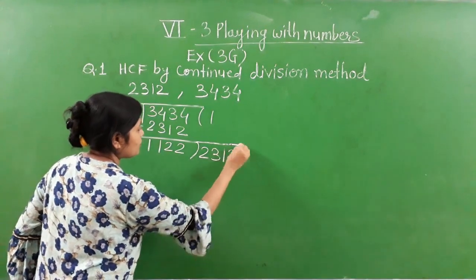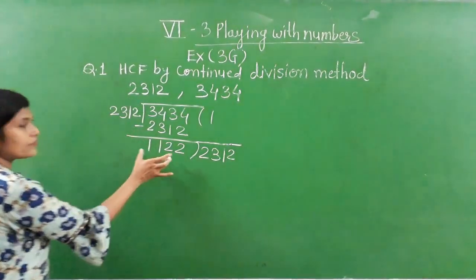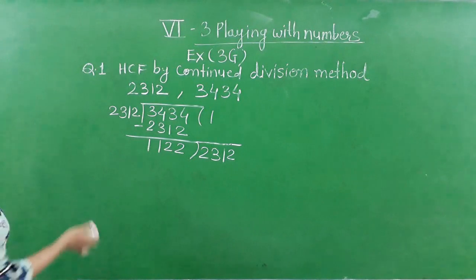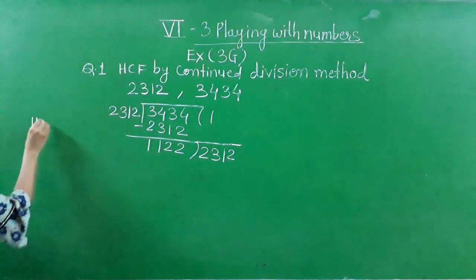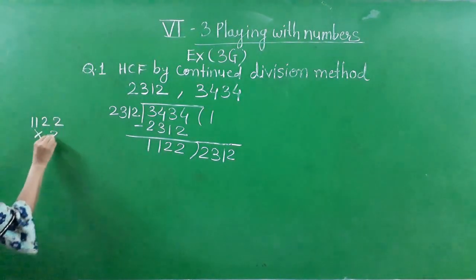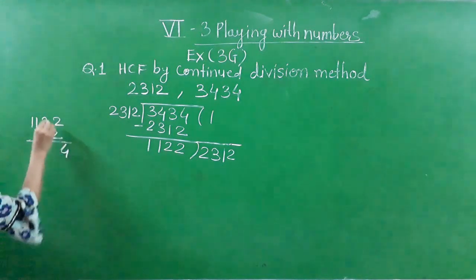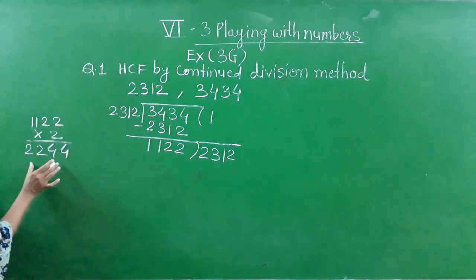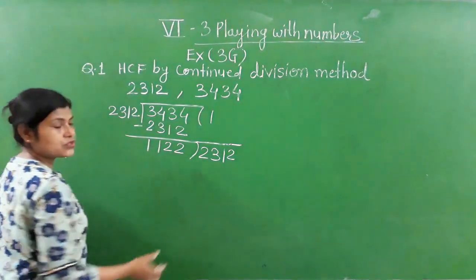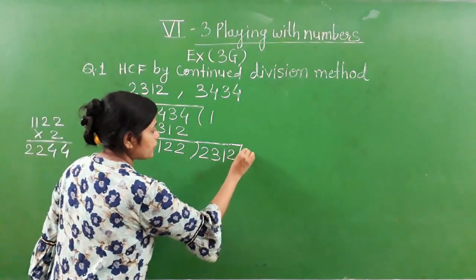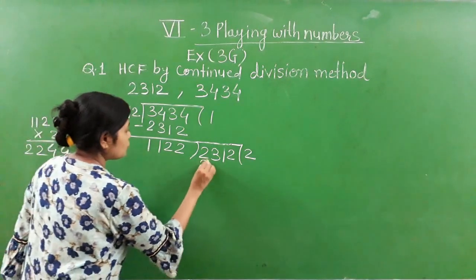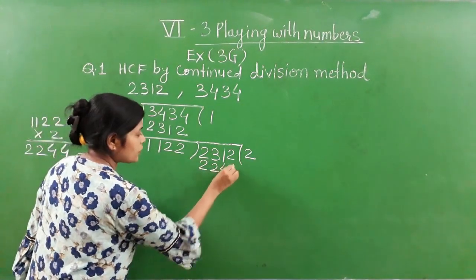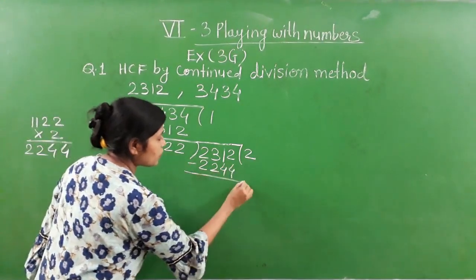2312. Okay. Now what will we do? We will see whether 2's will go or not. So here in the rough we'll try it. 2 2's 4, 2 2's 4, 2 1's 2 and 2 1's 2. This number is smaller than this number, means 2's will go. So here we'll write 2's 2244. Now subtract it, what will we get?